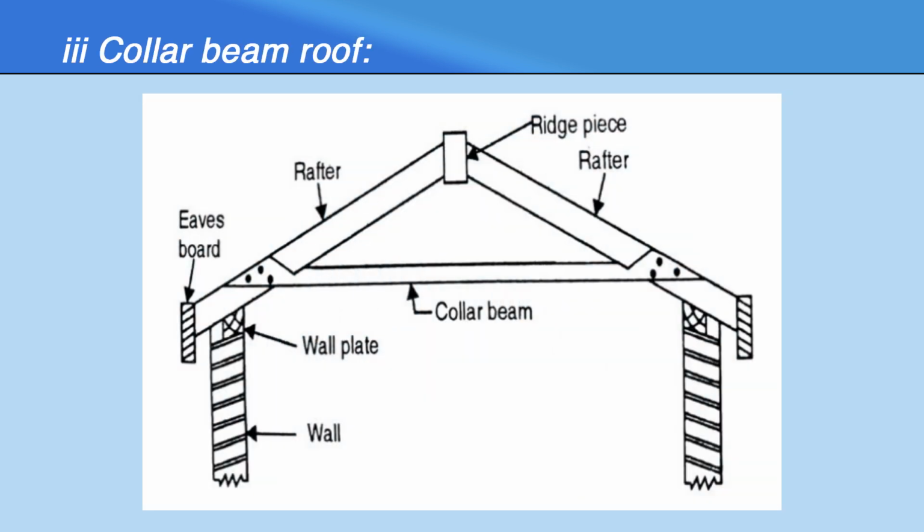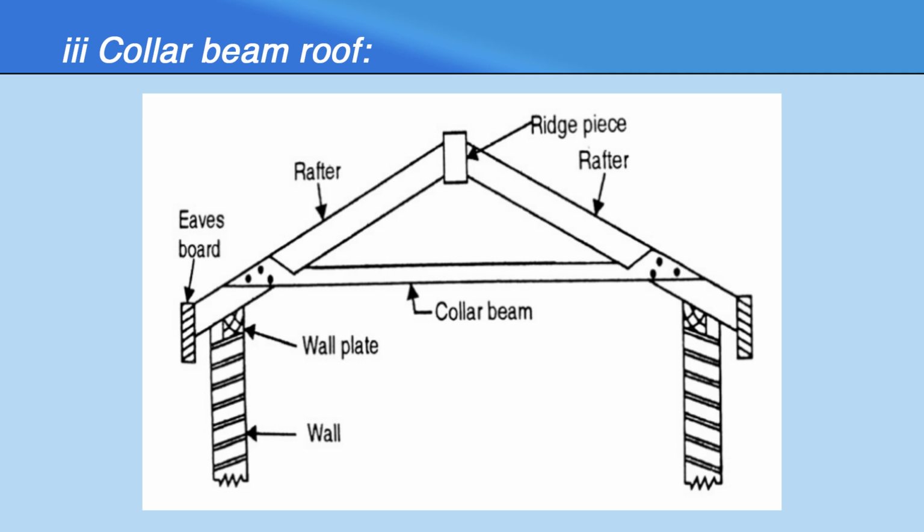Next, collar beam roof. Collar beam roof is similar to the couple closed roof. The collar beam is a horizontal member between two rafters. The collar beam should not be fixed more than 1/3 or 1/2 of the rise of a roof up from the